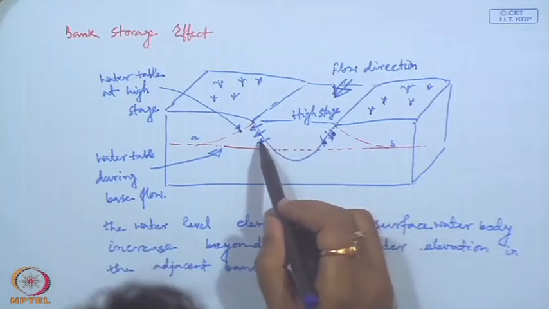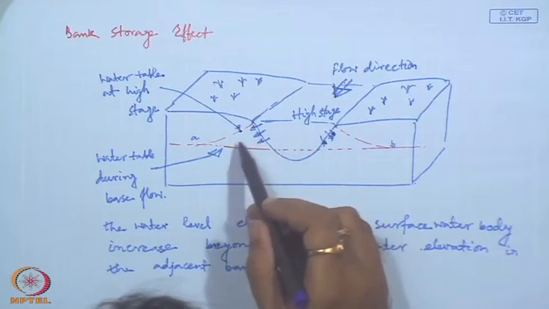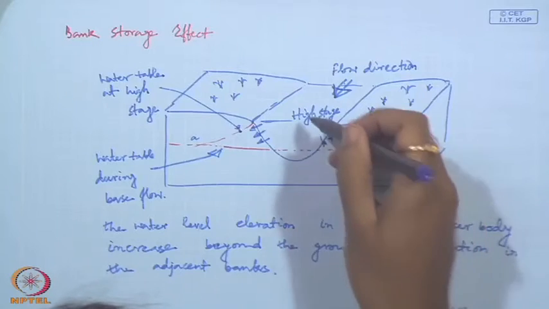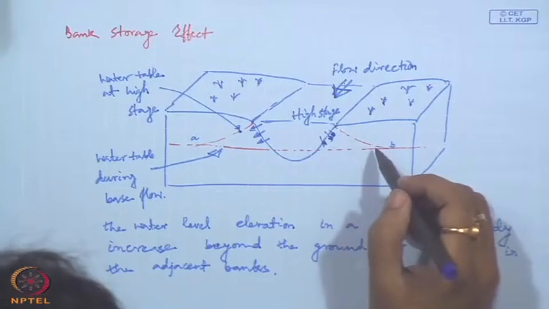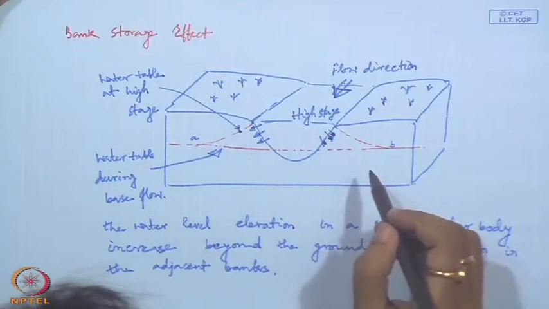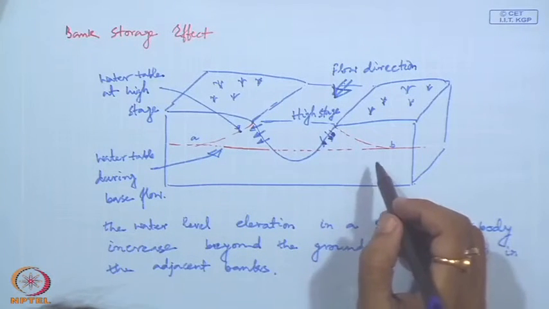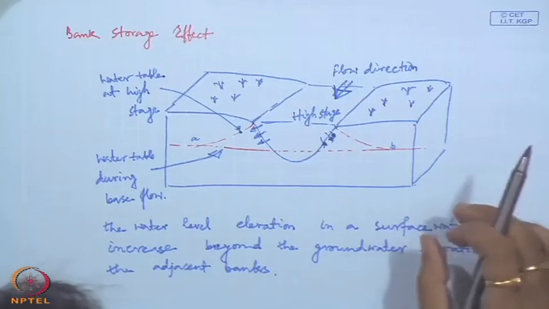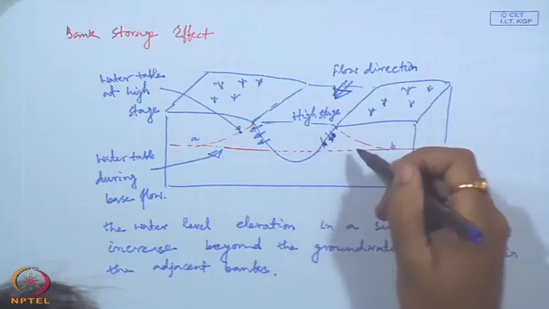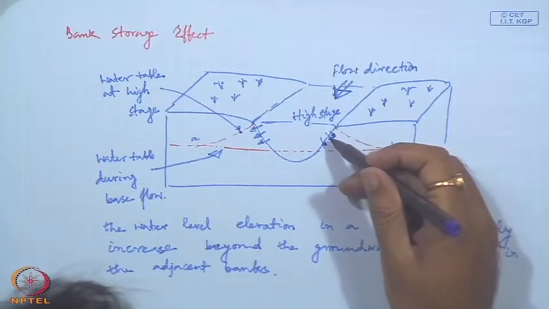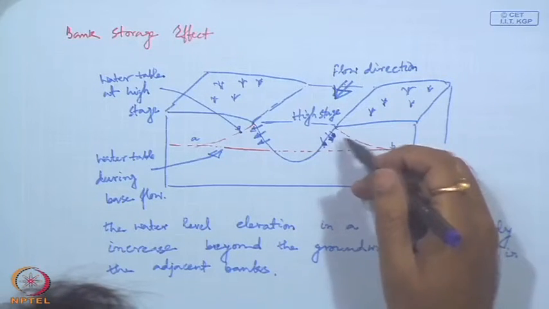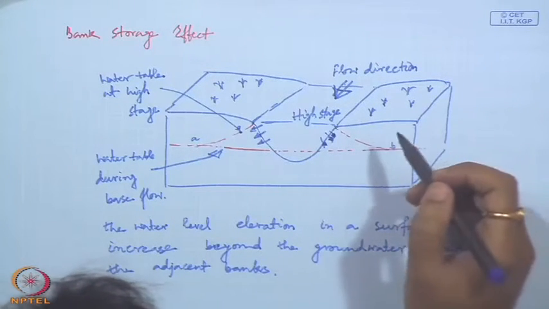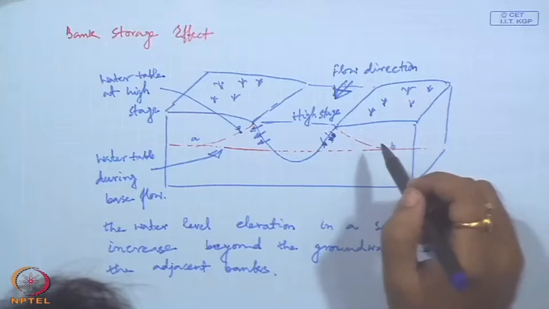Interestingly, there will be movement of water from the stream towards these banks, and there will be elevation of water table, and after some time when the balance equilibrium reaches in the system, there will be higher water table near to stream compared to this lower groundwater table during base flow, and in that equilibrium condition,